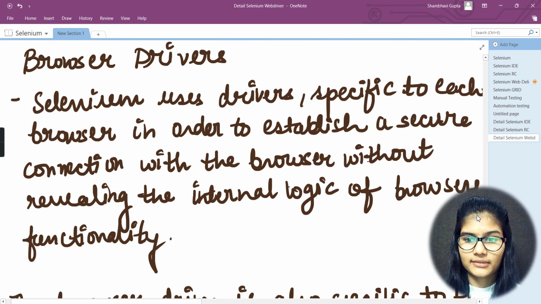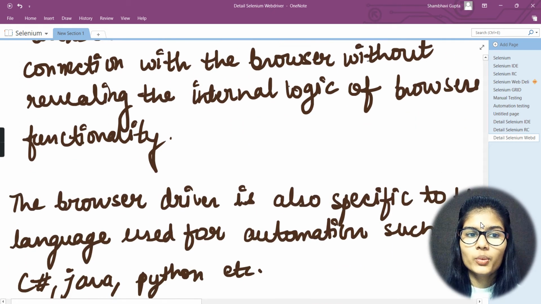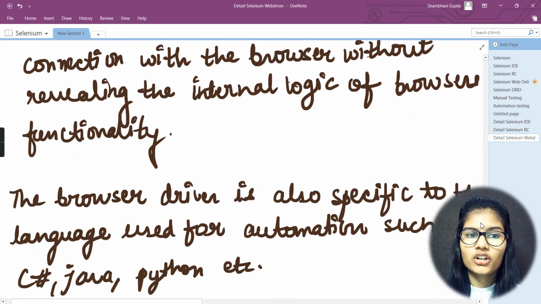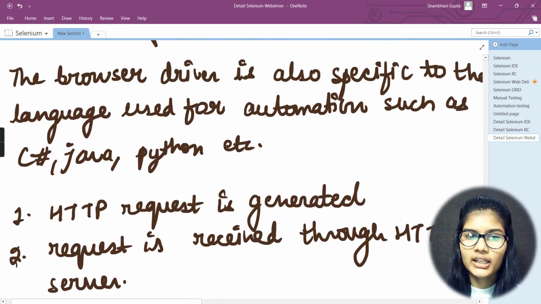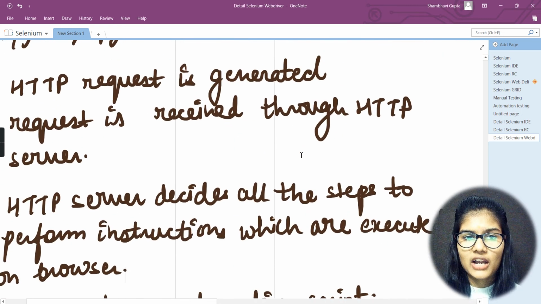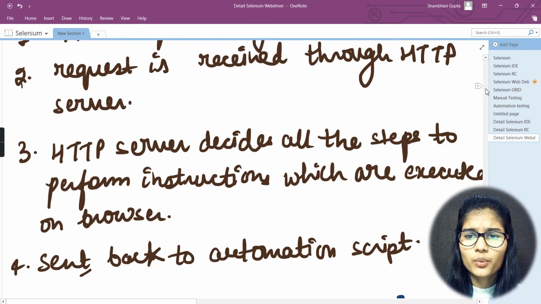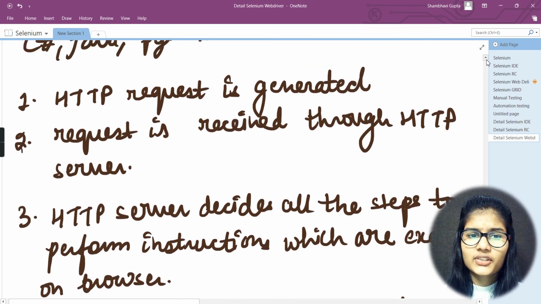Next, regarding the browser drivers, Selenium uses drivers specific to each browser in order to establish a secure connection with the browser without revealing the internal logic of browser functionality. The browser driver is also specific to the language used for automation, such as C Sharp, Java, Python, etc. Then we learned the method by which these scripts work.